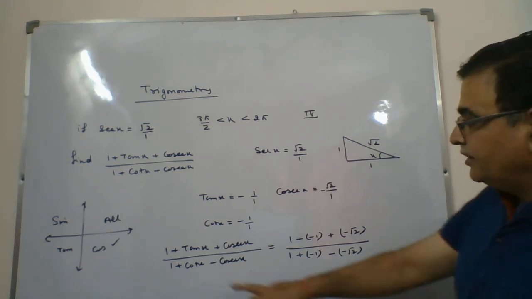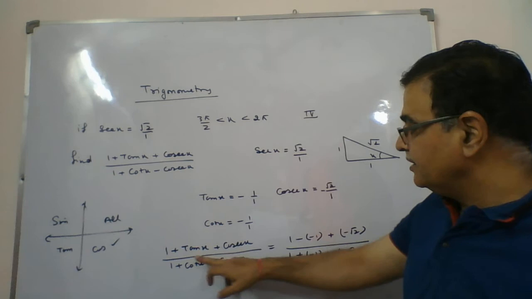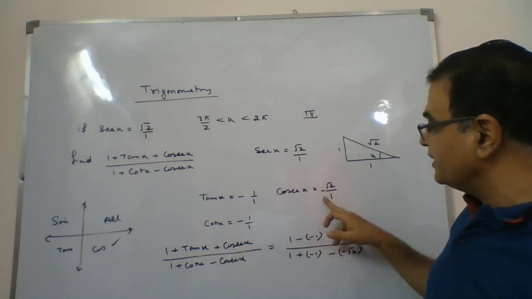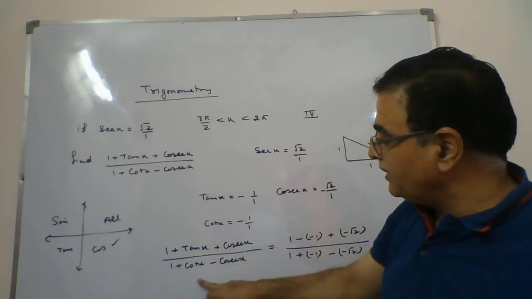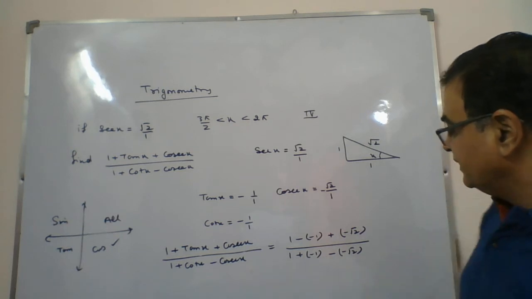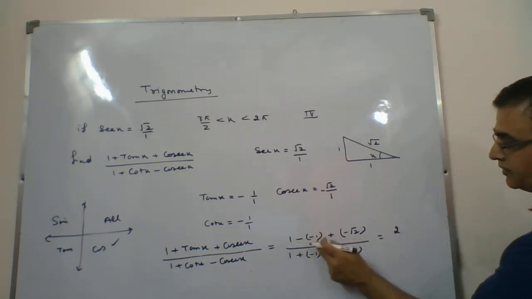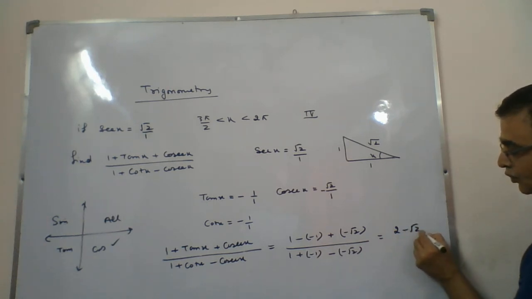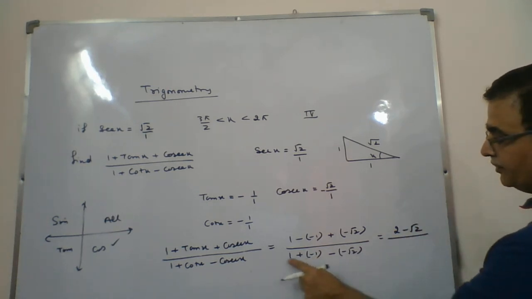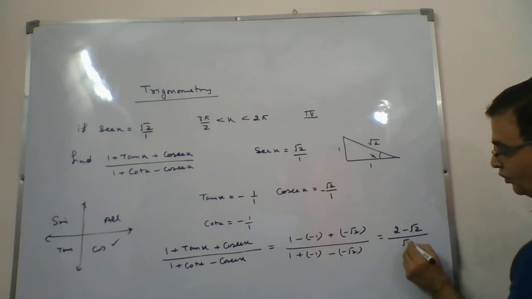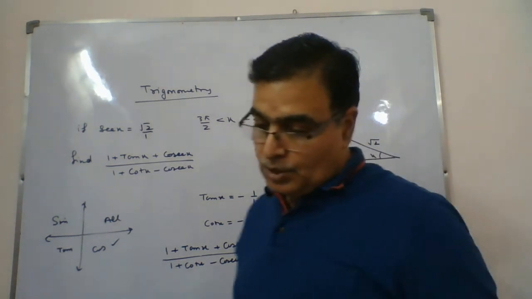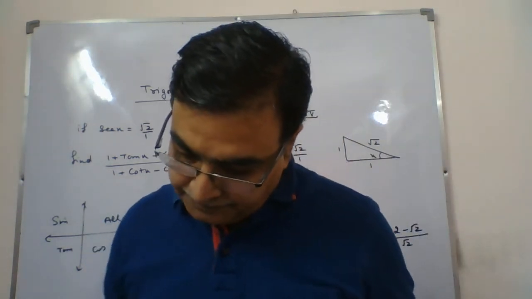Is this clear? Tan x is minus 1, cosec x will be minus root 2, then 1 plus cot x minus cosec x. So when you solve it, the numerator comes out to be 1 plus 1, 2, minus root 2. And in the denominator, this 1 and 1 cancel out, it will come to 2. So the result of this comes out to be